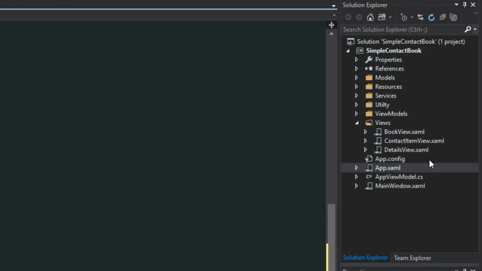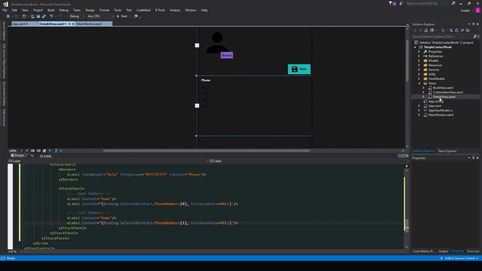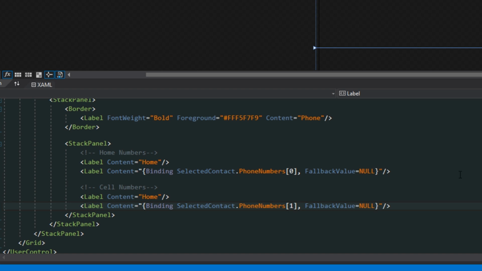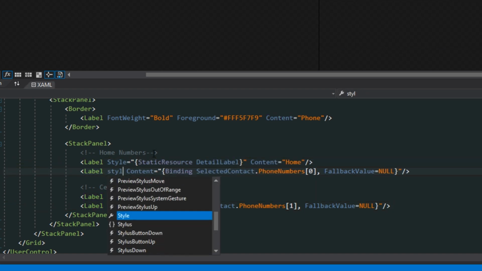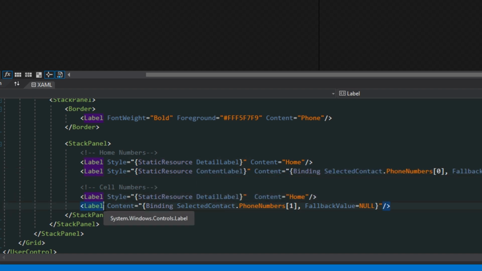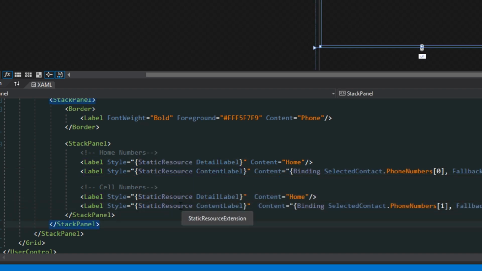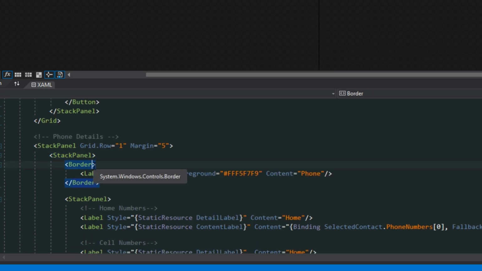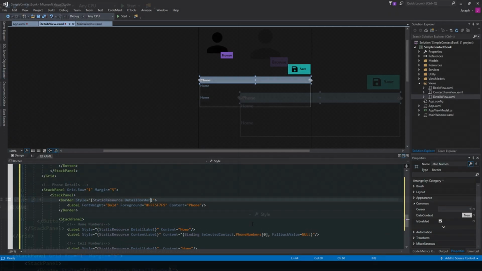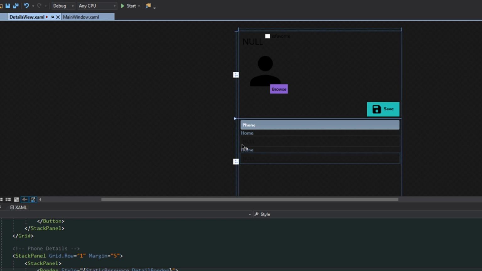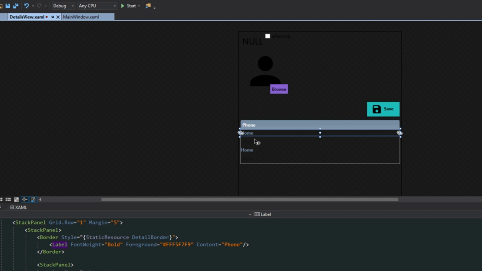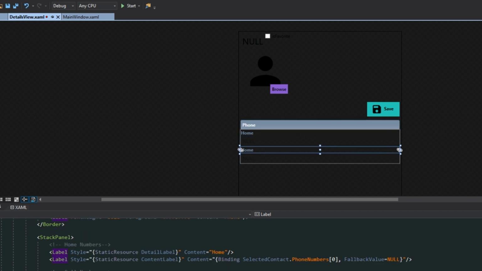But now after this, we only got a couple more things to do. We want to go back to our Solution Explorer, go over to our Details View, come down here to our content, and we want to apply these styles. And lastly, we want to go up here to our border and apply the border style that we created. So static resource, detail border. And now if we go up to our designer here, we'll see it actually does look a little better. Now it looks more like, okay, so this is where the phones are. This will be the home phone. We actually got to change the content here